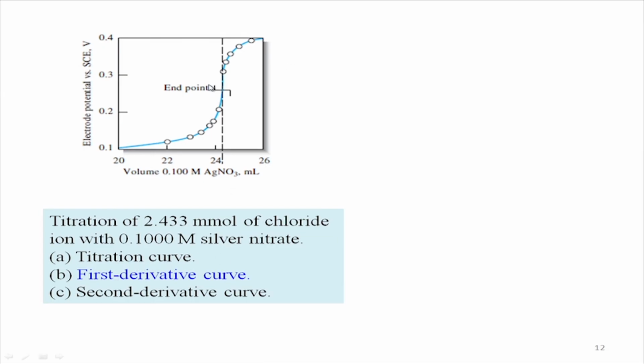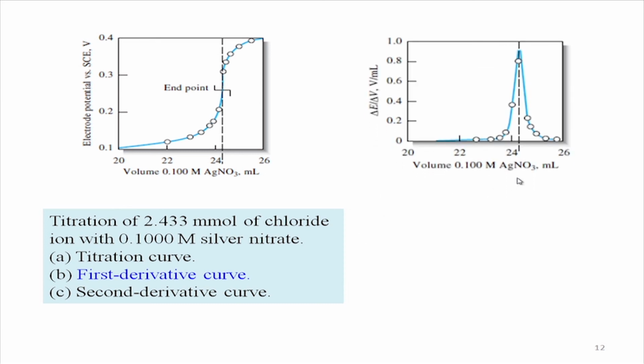So, this is the point where you want to detect the end point, but you see if you have some mistake, that means if you get here or if you get there, it is not pinpointed where you have some point of that change. So, straight away we can go for the first derivative plot. The same data set we can use for the first derivative plot, and that will pinpoint the end point over here, which is some 22.2 or something like that.